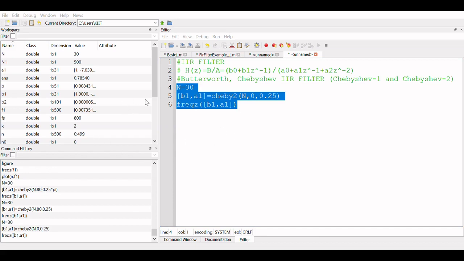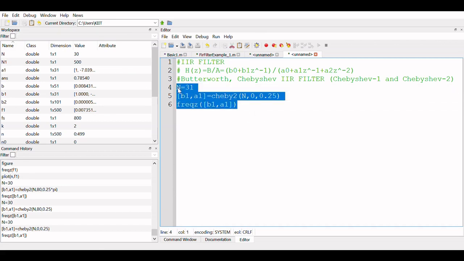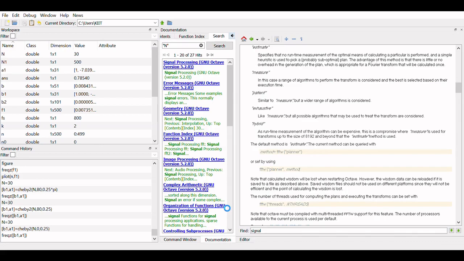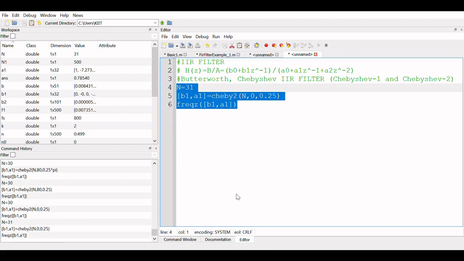Again, for our case my Chebyshev is not performing better. So I am getting this, so probably I should increase the N value, or suppose I am making it 31, and let's see. Run on selection.